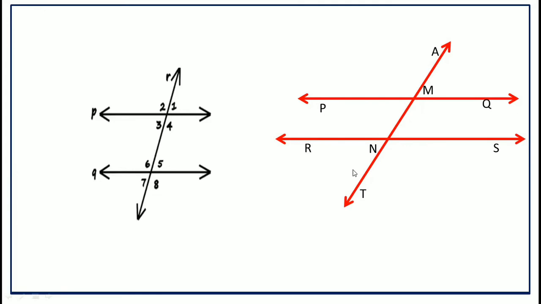Hence, there are 8 angles in all. That means one point gives 4 angles and the other point gives 4 angles. That is 8 angles are formed, and